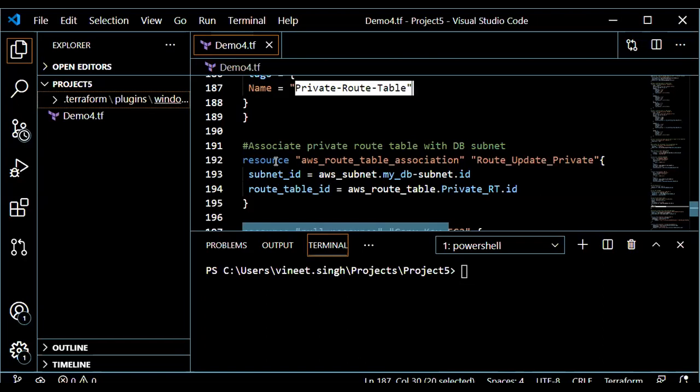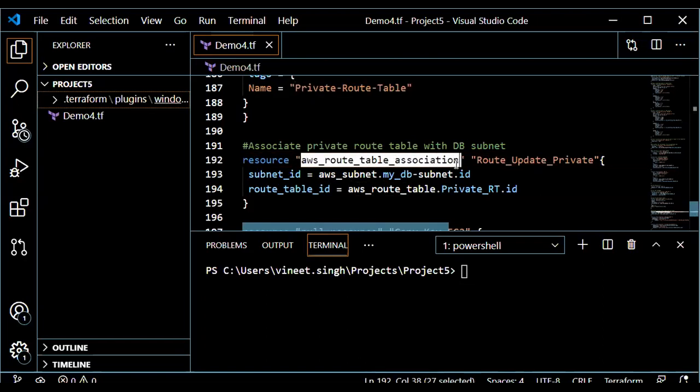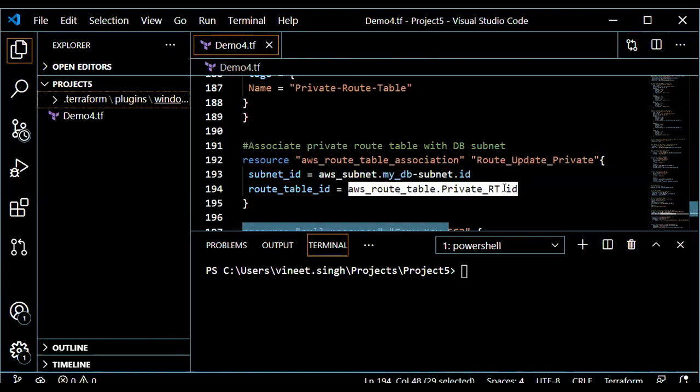Now, once this is created, I have to associate this specific private route table with my database server subnet. So I'm using the type as aws_route_table_association. This is the local name, and the subnet ID I have called as the resource type, my DB subnet dot ID, and the route table ID after it is created.